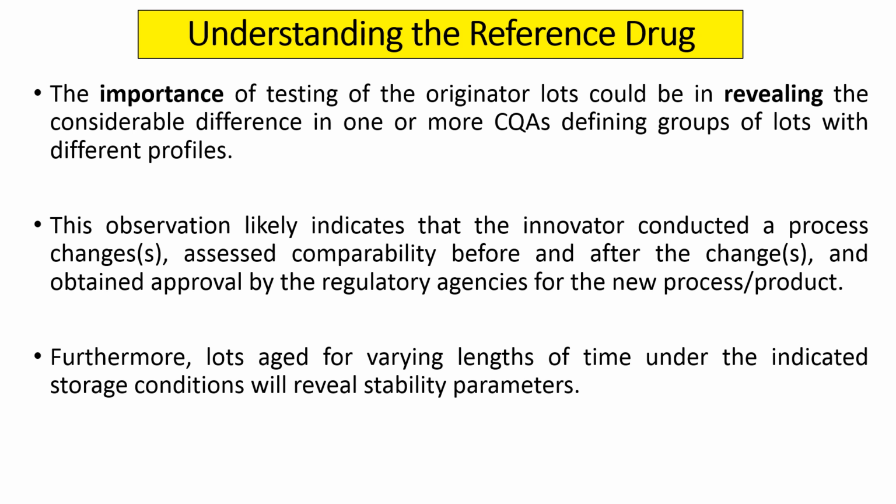They assessed comparability before and after the change, and they obtained approval by the regulatory agencies for the new process product. As we know, these biological drugs are produced from living cells, they have variation from time to time. So all the time, even the biological drug should be tested so that these variations will not affect the identity or the function of this